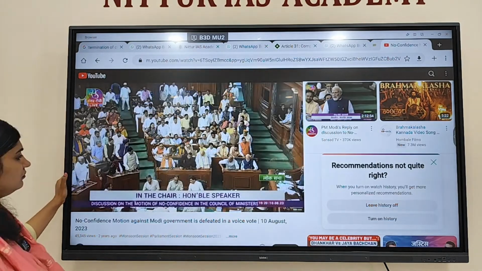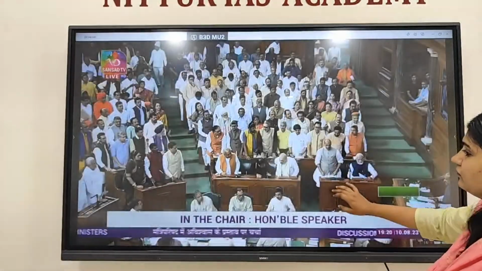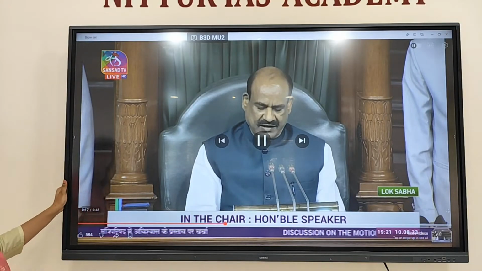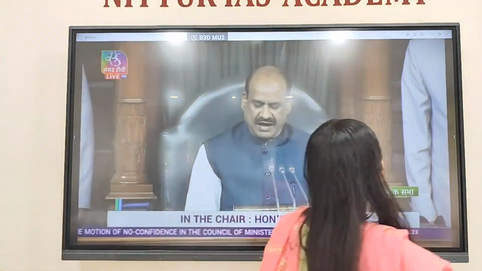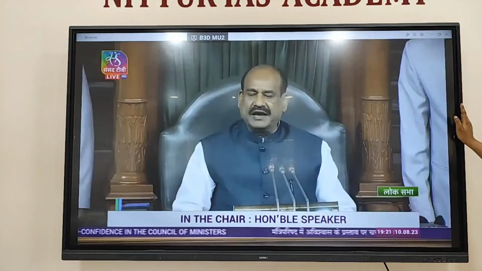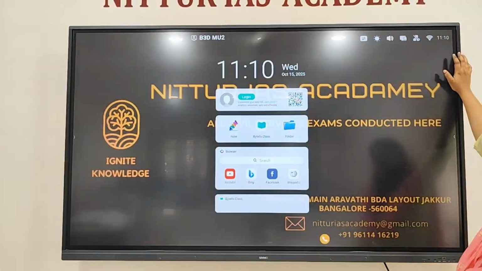श्री गौरव गोगोई जी, श्री गौरव गोगोई जी, गौरव गोगोई जी। अब मैं श्री गोगोई द्वारा प्रस्तुत प्रस्ताव को सभा में मतदान के लिए रखूंगा। प्रश्न ये कि सभा मंत्रिपरिषद में विश्वास का अभाव व्यक्त करती है। जो सदस्य इसके पक्ष में आ गए, जो सदस्य इसके विरोध में ना गए, मेरे विचार में निर्णय ना वालों के पक्ष हुआ, ना वालों के पक्ष हुआ, प्रस्ताव का स्वीकृत हुआ। See, like